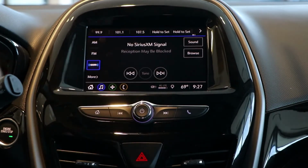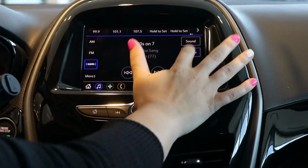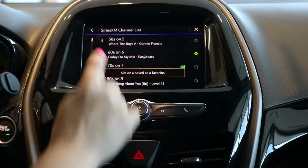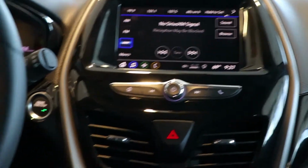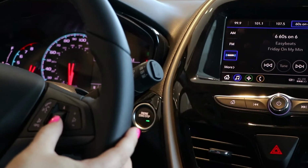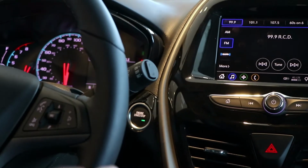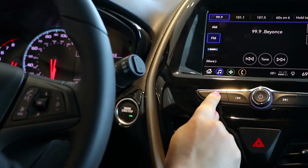XM radio, you guys do have XM radio for 3 months with this vehicle. The same thing: hit browse, pick a station, hit the star. Just like that. And remember we talked about this right here on the steering wheel? So you can actually move your radio stations this way, so you don't ever have to take your hands off the steering wheel. So right here you have the home button. So if you go back home,